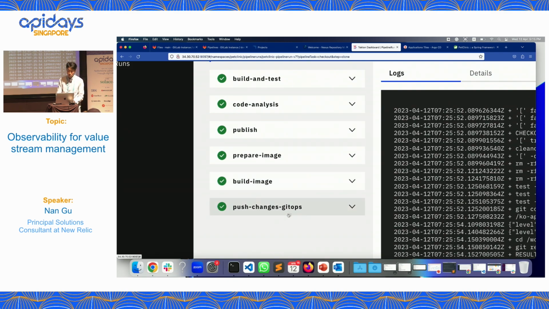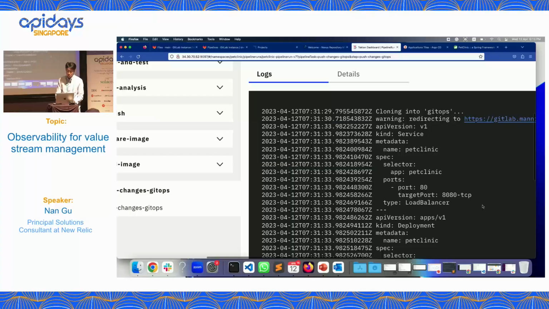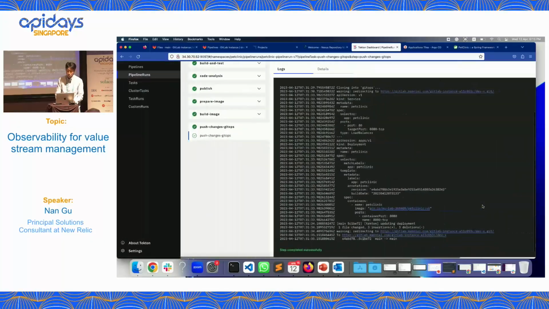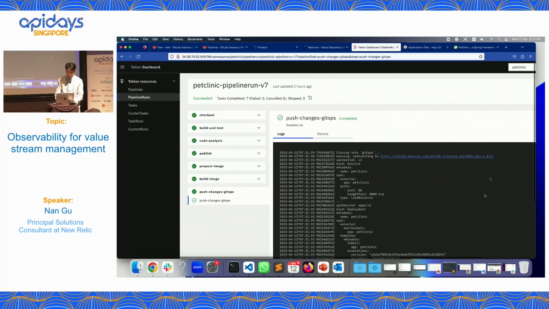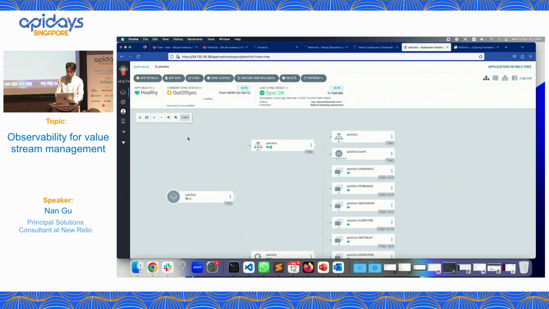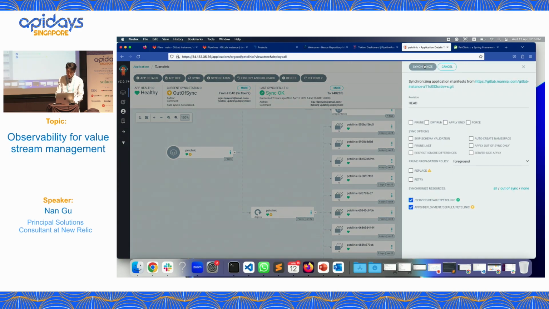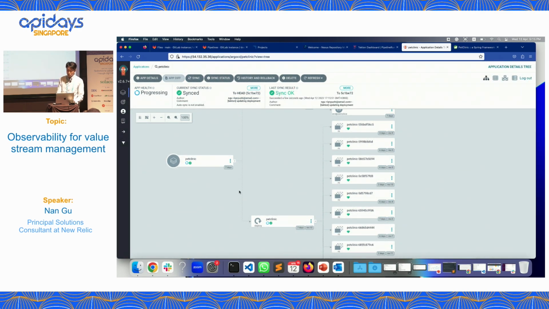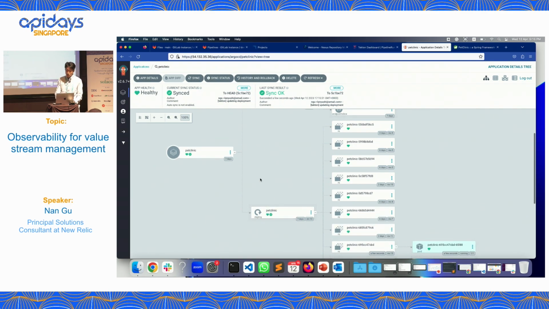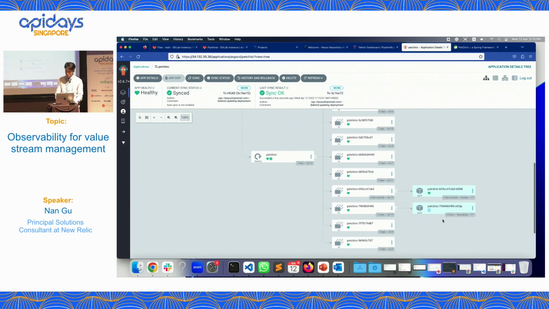So those are the pipelines, and for each pipeline, if you want, you can see all the logs, whether it went right or wrong, or you can do debugging. So that is Tekton. And then this is my ArgoCD, where I have deployed PetClinic on my GKE cluster. Using Argo, I tell the cluster, hey, there is a new image coming, help me to sync. Once the synchronization is complete, you will see here the PetClinic service deployment with a new pod.